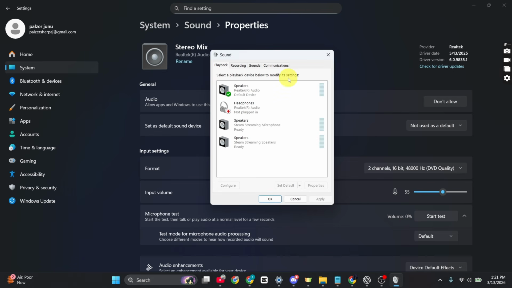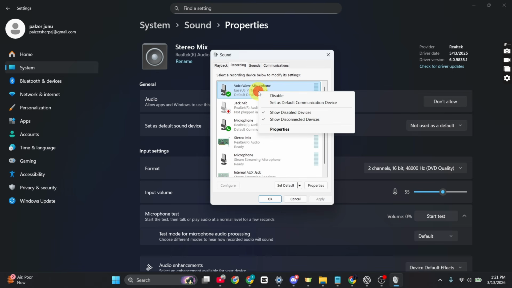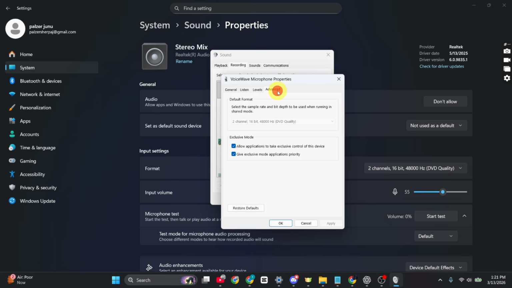When the sound control panel opens, go to the recording tab. Here, you will see a list of microphones connected to your computer. Select your microphone, which in my case is going to be VoiceWave like so, and just right click on it and click on Properties. Inside the Properties tab, go to the Advanced option and you will see an option labeled